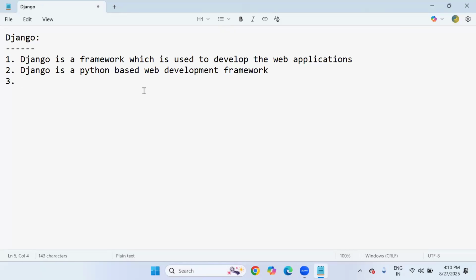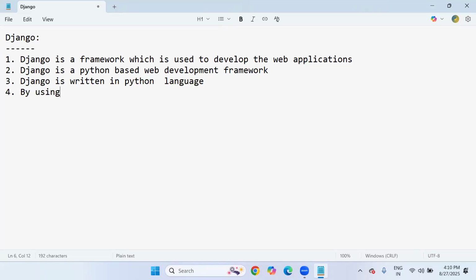That's what I am asking you: before continuing with the Django, REST API and Flask frameworks, compulsorily you should have an idea about Python. Without Python knowledge, you can't continue with Django. It's a waste of time; you can't understand it in the first place. It is a Python-based web development framework because Django is completely written in the Python language. The framework was developed completely by writing Python only. That's why Python is a prerequisite subject.